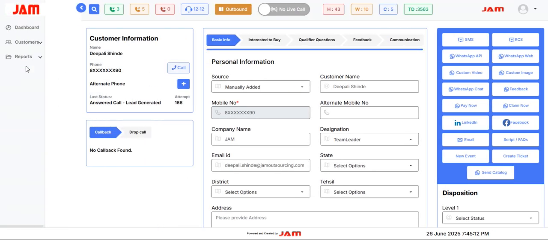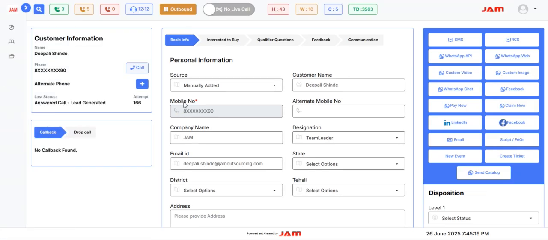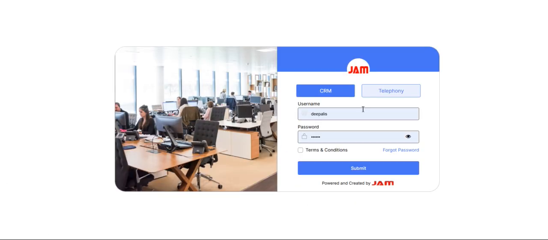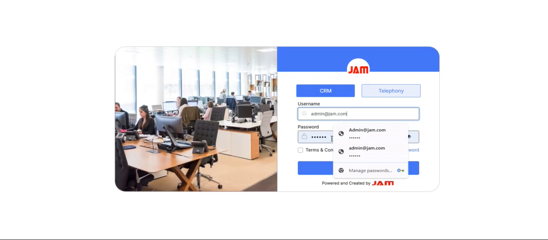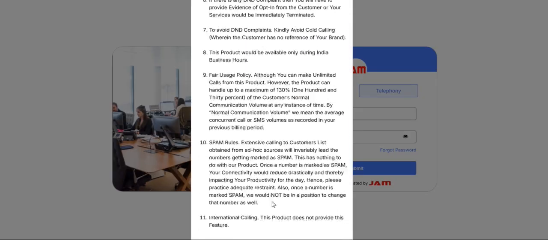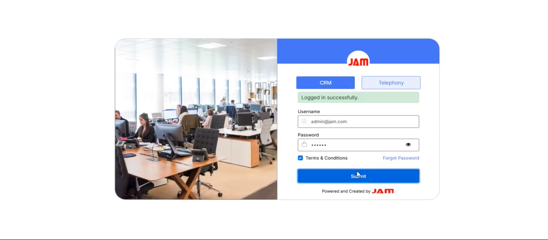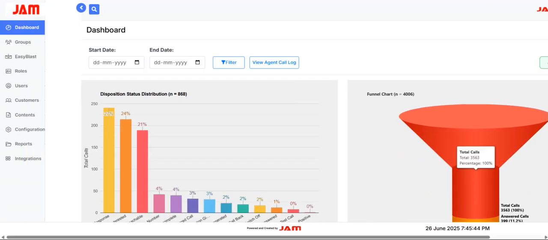So this is all about our agent screen. We also provide you customer report and callback report for an agent, but the agent does not have access to download the report. So quickly I will showcase my admin panel also, because in the admin panel we are providing three more features: integration panel, second is Easy Blast, and third is WhatsApp failure details, along with the recording and downloading the recording feature also given over there. So this is my admin panel.